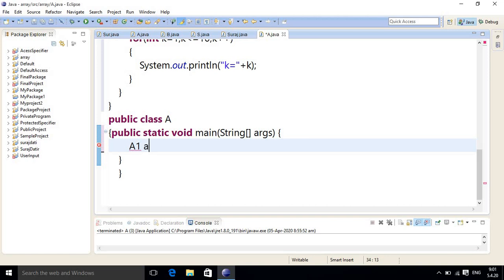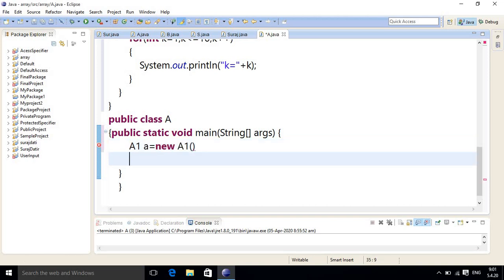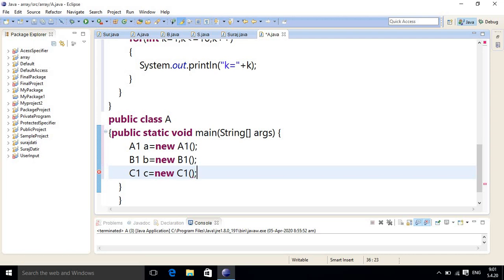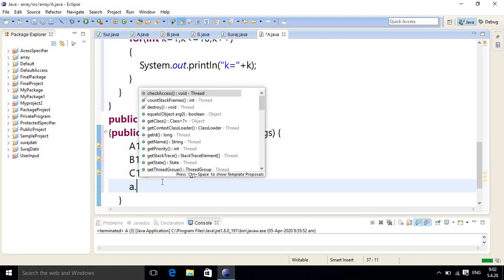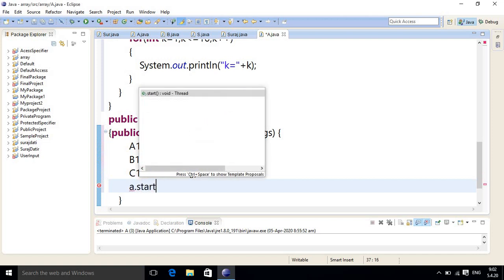So for starting the threads, as our classes are A1, B1 and C1, first we should create the object. Same procedure you do for B1 and C1. So finally we have started the thread by creating the object. By using this, the thread will be in the newborn state, and for executing the run method you simply use the dot start method in the program.